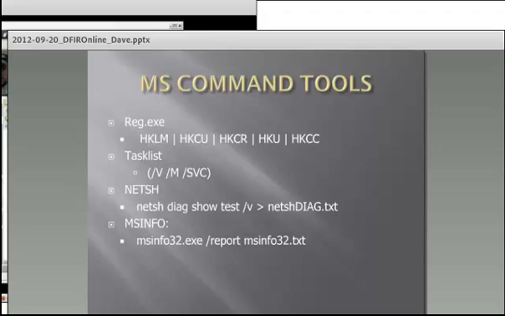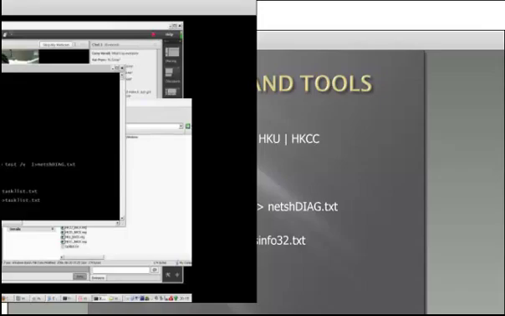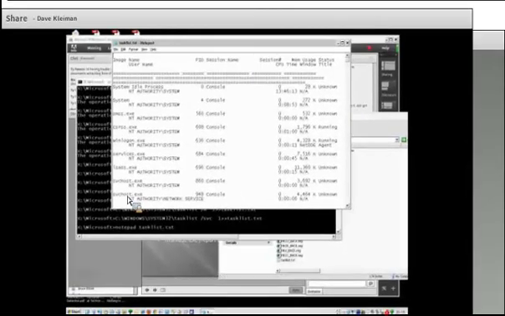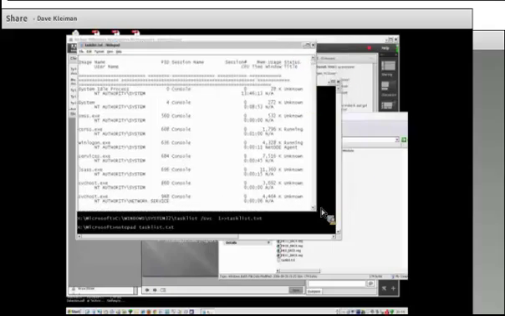I also like to do, along with that, the task list. The task list has several switches. So, once again, I made a batch file for the task list. As you can see, I run it with 3 different switches, the /v, the /m, and the /service, and then dump that out into a text file as well. So if you run that on your system,